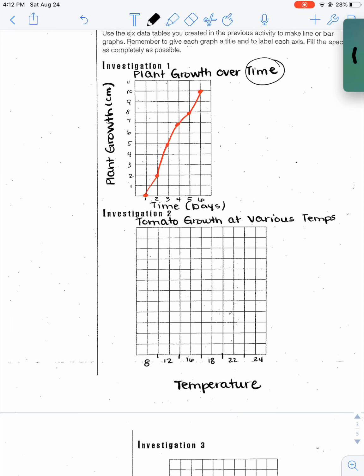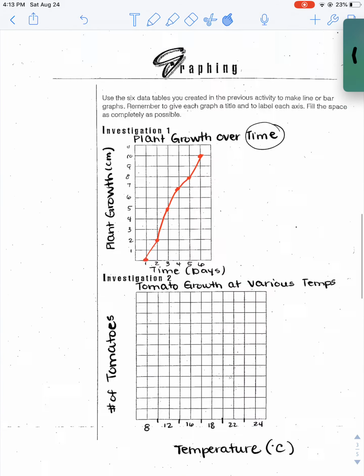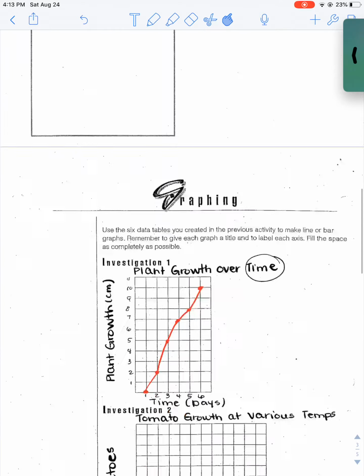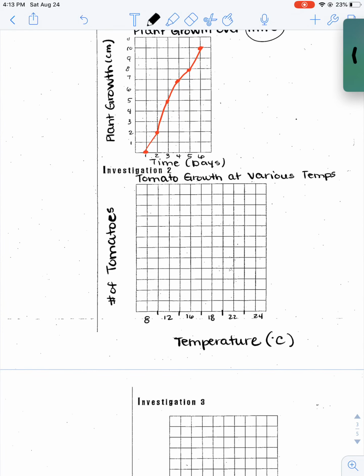Okay, now I'm not done here because it says temperature, but I have 8, 12, 16, 18, 22, 24. Well, what is that? Is that degrees Celsius, degrees Fahrenheit, Kelvin? I've got to label with my units as degrees Celsius. On my Y, or what I measured, my dependent variable here is going to be the number of tomatoes. I counted tomatoes here, so I don't actually need to put a unit, whether it's in centimeters, millimeters, or anything like that. And let's make sure we get a good interval. Okay, I think we can go up by 2s here. So 2, 4,